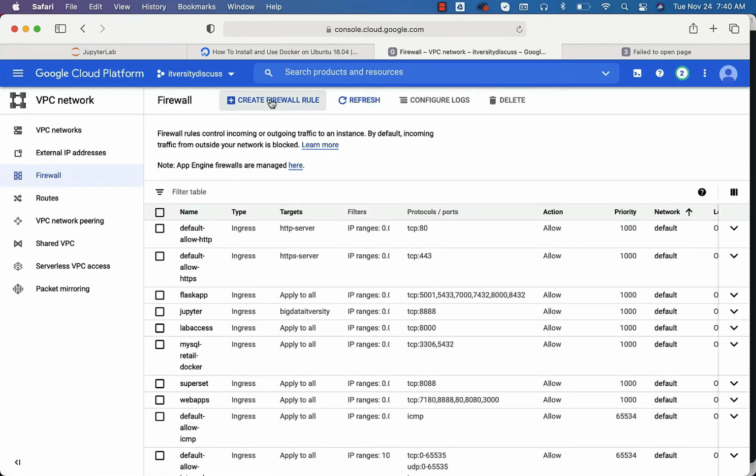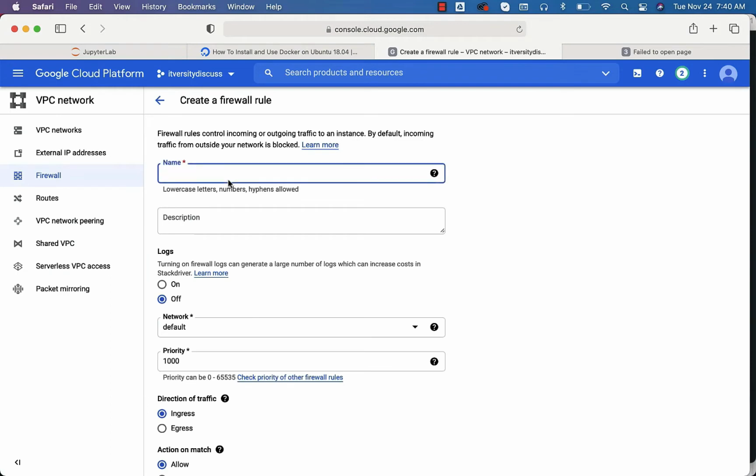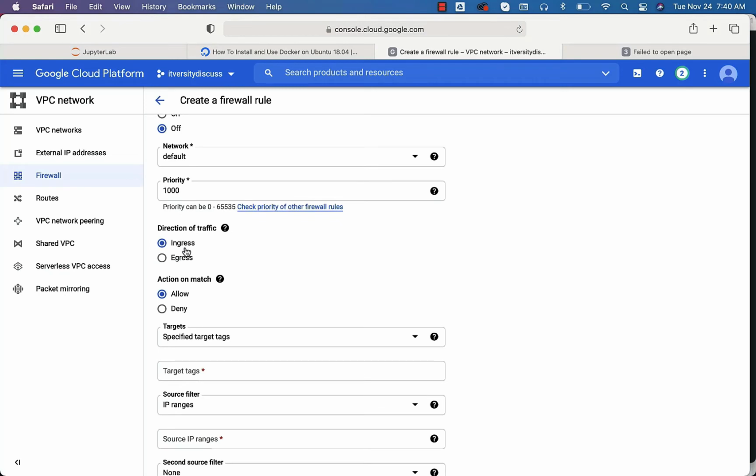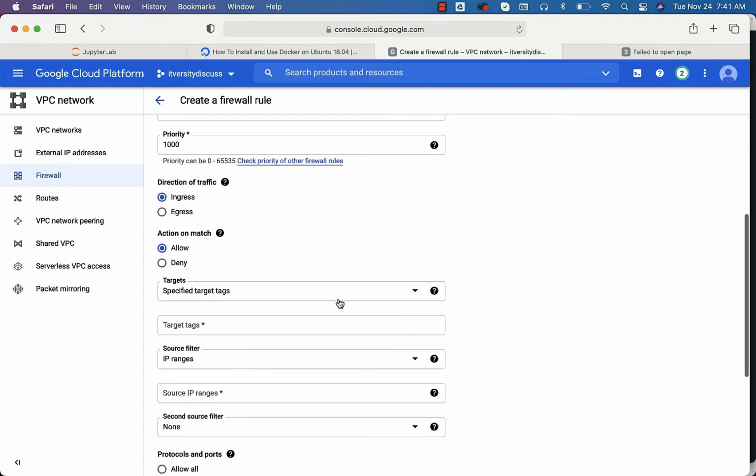So in this case, we can open the port by creating a firewall rule. You can click on this firewall rule. You can give a name. So let's say demo.jl. We are trying to get into the server, and hence it is called ingress. So if you are trying to connect to the applications running on the server from external sources, it is called ingress, inbound traffic into the server. In this case, we are trying to connect inbound to the Jupyter environment which is running on our Ubuntu based virtual machine.